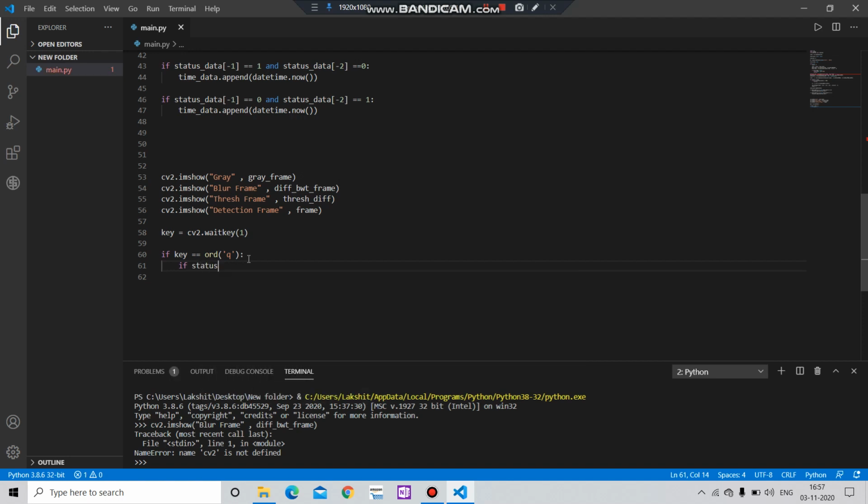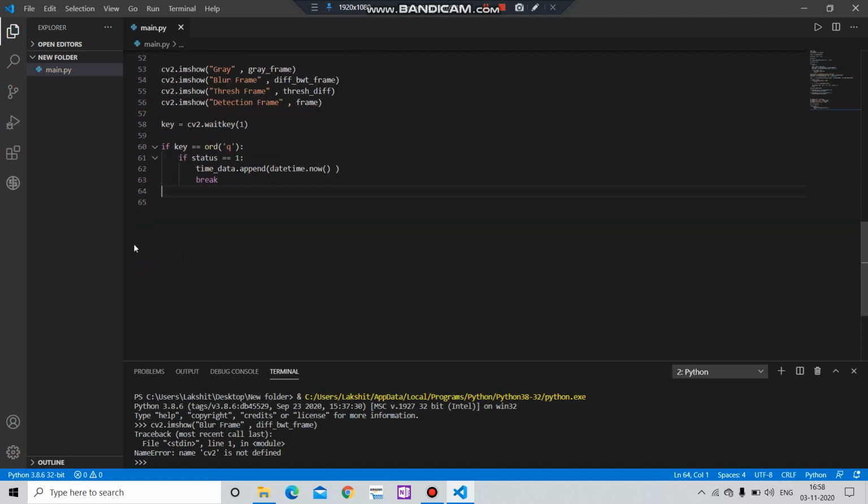Okay, if status equals to 1, then time_data.append datetime.now. Oops. Okay, so we will break the window. Then let's print the status. Then the last steps are for i in